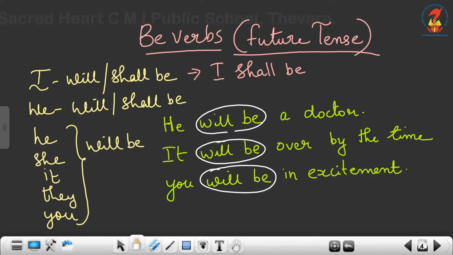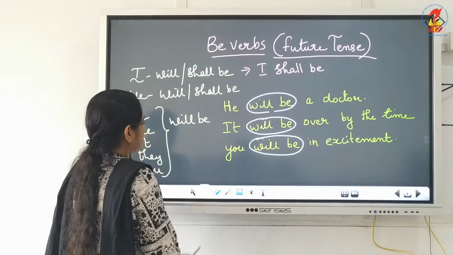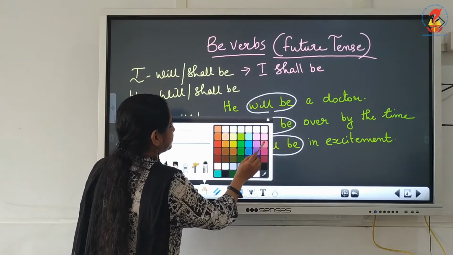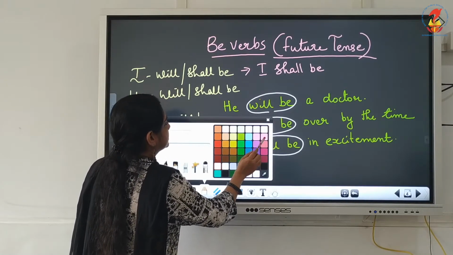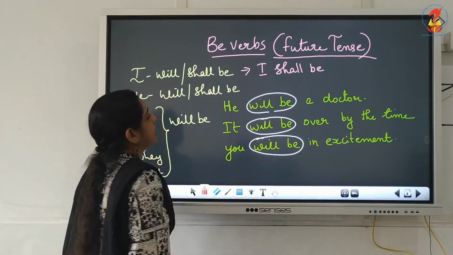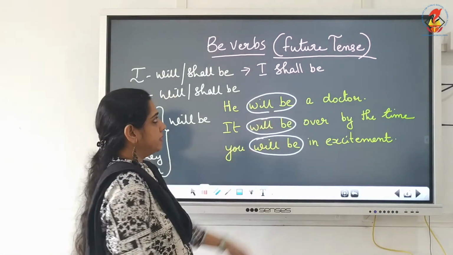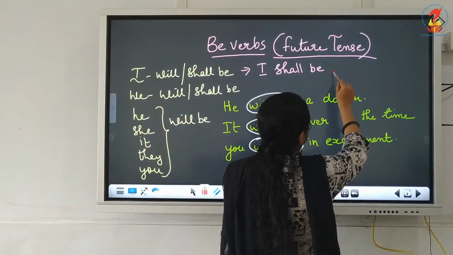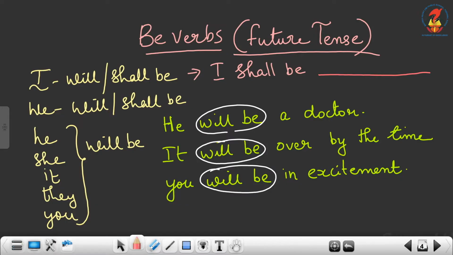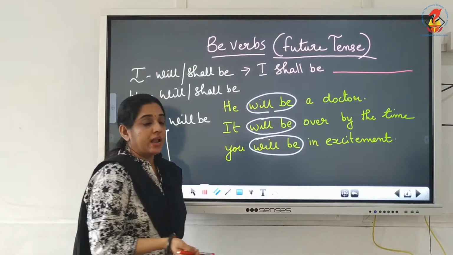So all these forms of verbs come under future tense. Now how will you complete this one? How will you complete this answer? I shall be. Can you just try to fill this one? I shall be in future tense. I shall be